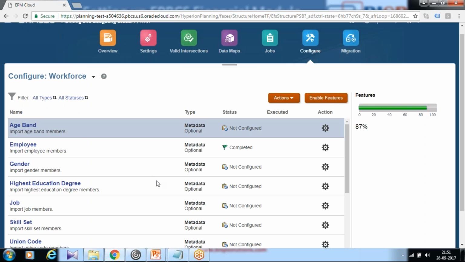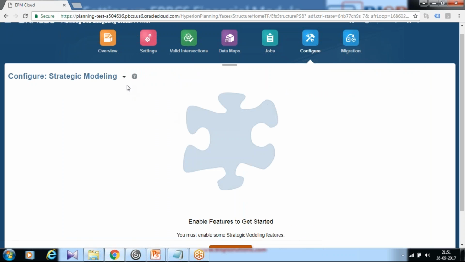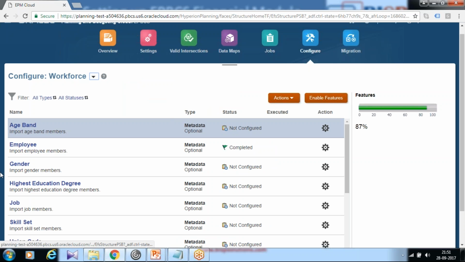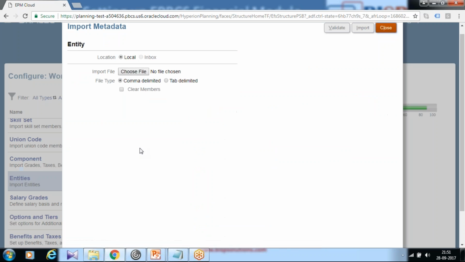Once import is done successfully, a green flag appears over here. In addition to this, you find that the job got created, import database and validate. You would continue to do the same for other dimensions. So I import employees. Now let's import entity, job,